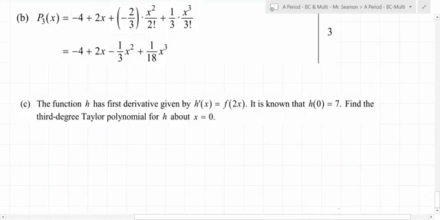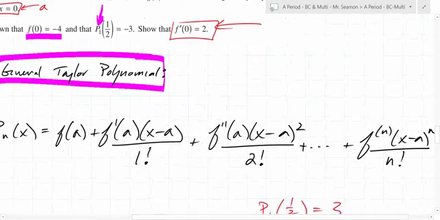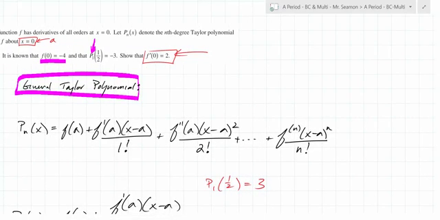Then can we write the general one out? Yeah, what does it look like? Oh, it's going to look exactly like this, right? Except we just have to take this right here,